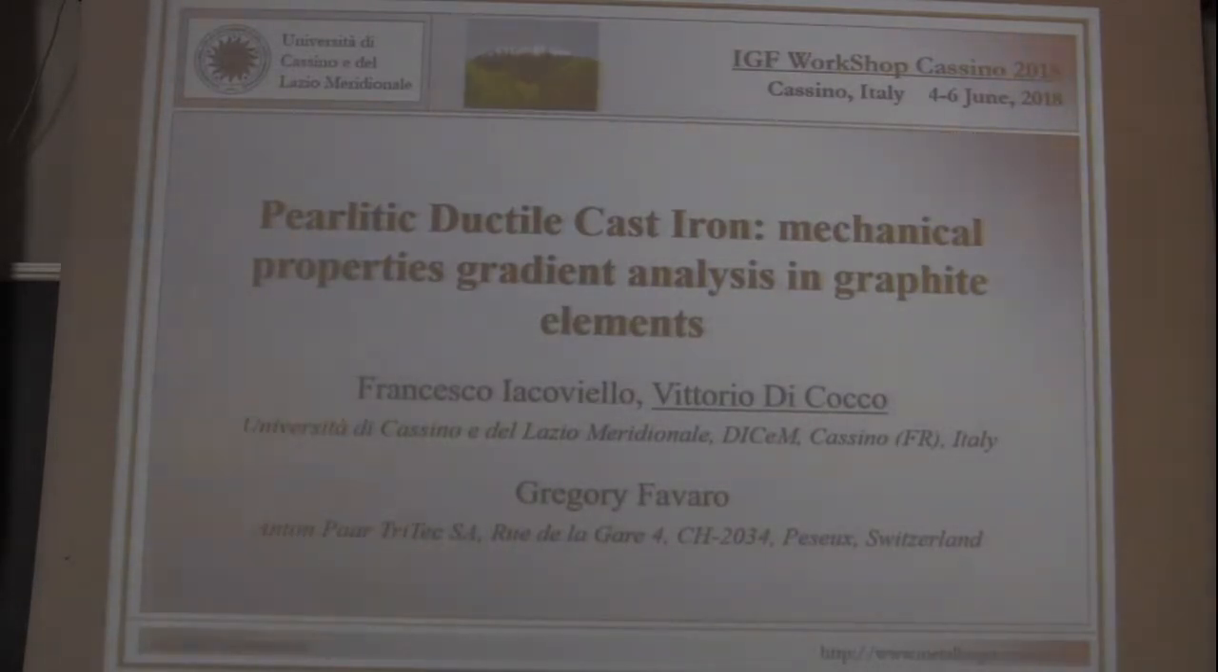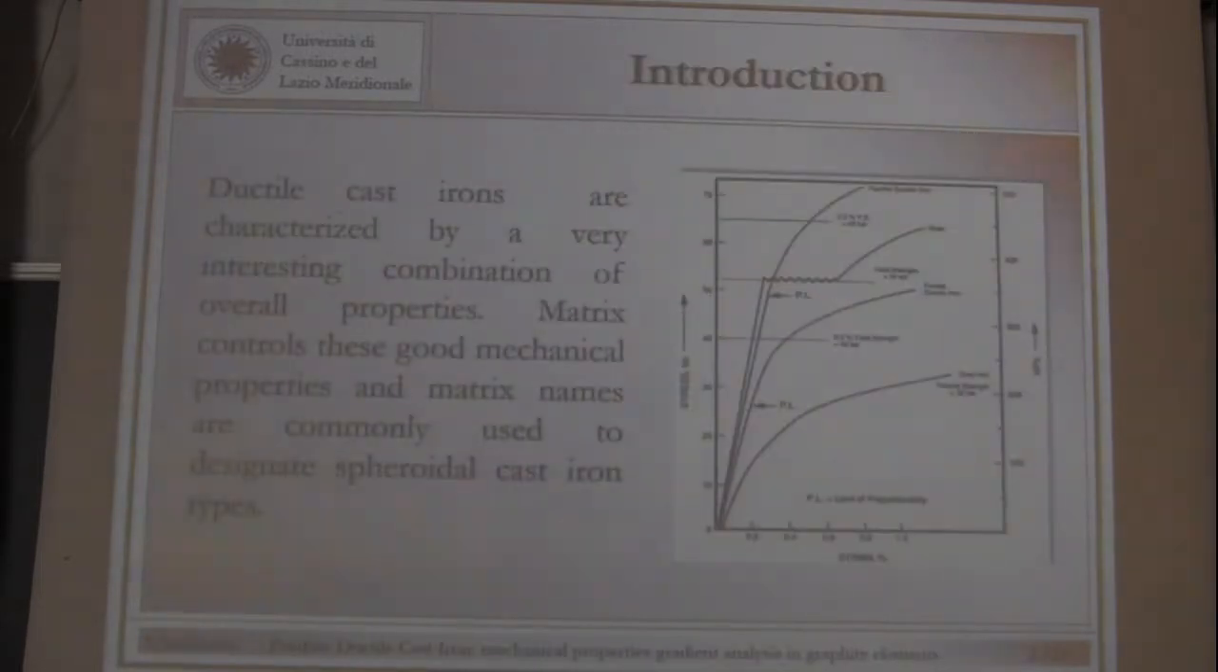The first one is pearlitic ductile cast iron, but it's focused on the damage of nodular graphite. Why ductile cast iron? Because it's a cheaper material, and the mechanical behavior of this kind of material is quite similar to the behavior of conventional steels. But the production cost of ductile cast iron is lower, because we also need properties such as oxidation of carbon after